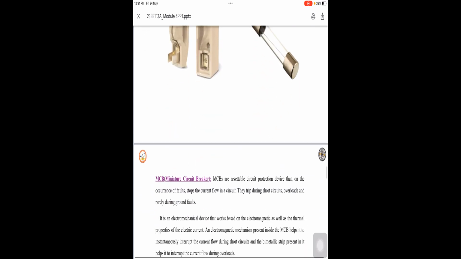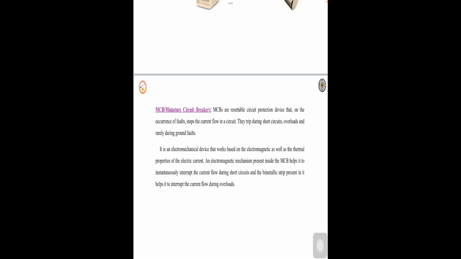And the next protective device is the miniature circuit breaker. Now, what is a miniature circuit breaker? What is the difference when we compare it with the fuse? Just imagine what will happen to your household equipment like fan, washing machine, fridge whenever a short circuit or an overflow of current happens. Generally they burn out and lead to fire accidents. So in that case, the miniature circuit breaker is one such safety element which comes to our aid